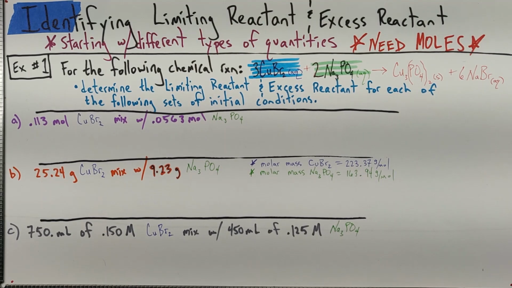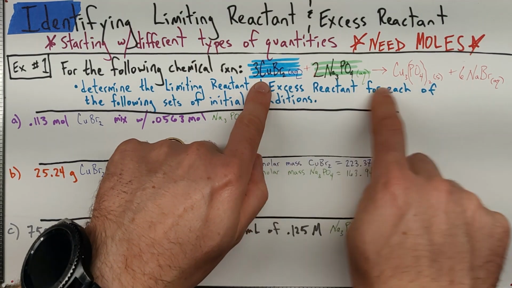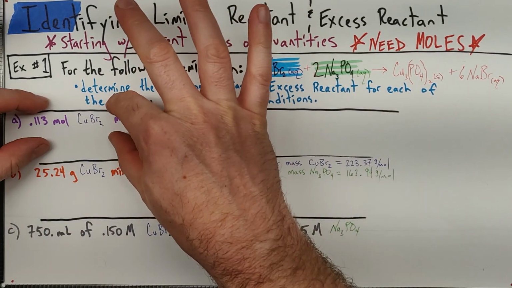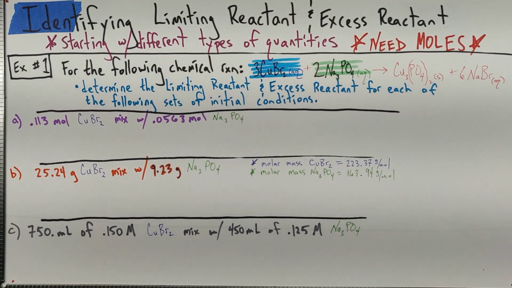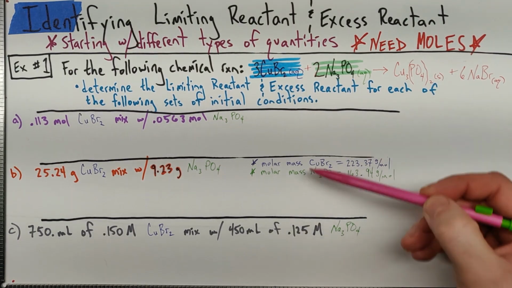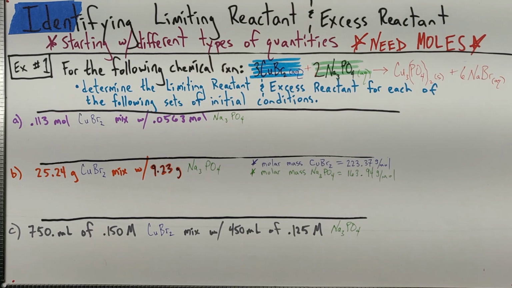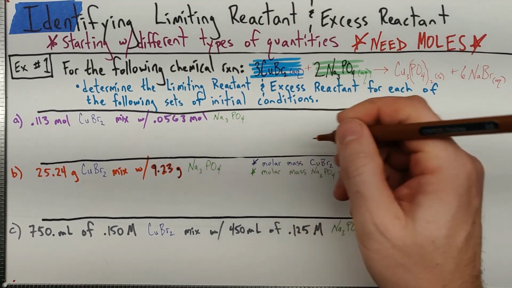And what I want to do with this problem is take a look at a specific chemical reaction, and we're going to look at calculating the limiting and excess reactant based on different starting quantities, moles and grams and milliliters. And what you're going to notice is as we do the problem, once we get moles, the work is exactly the same. And in this particular problem, I set it up so there's another not so surprising surprise. The way I've been teaching